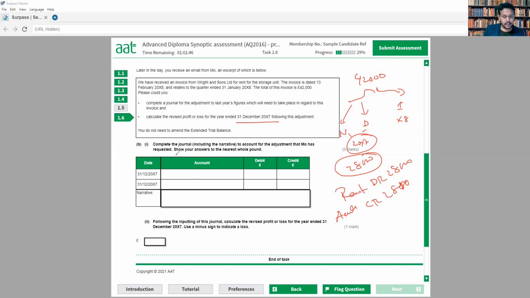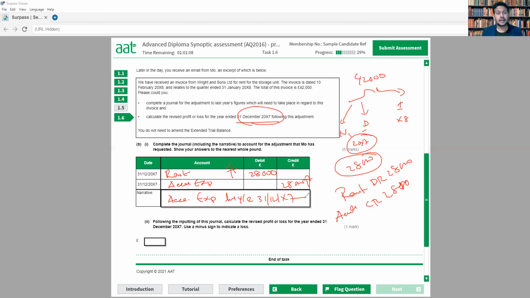So I'm going to write here, rent expense will be debit. Rent debit 28,000. That means my rent will go up by 28,000. And accrued rent expense or accrued expense, that will be credit 28,000, because my liability will go up because I did not make the payment yet. That creates the liability. The adjustment we're going to write: accrued expenses for year ended 31st December